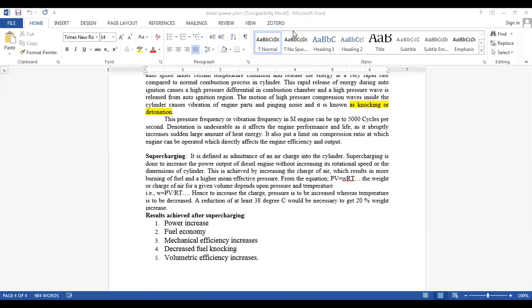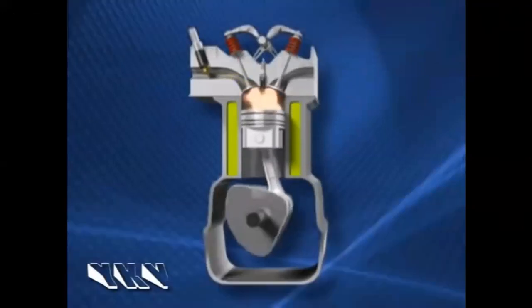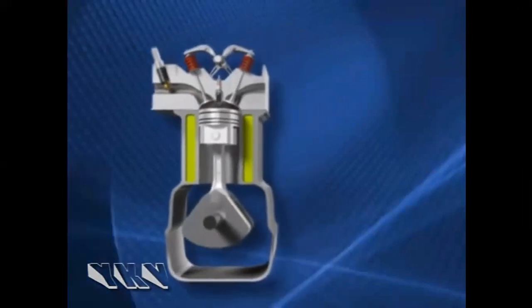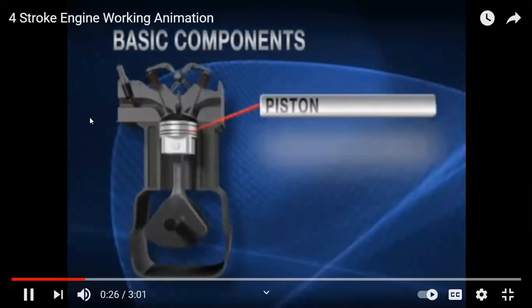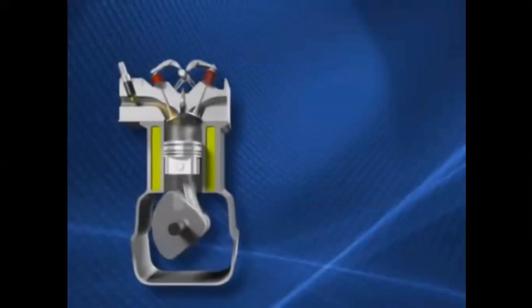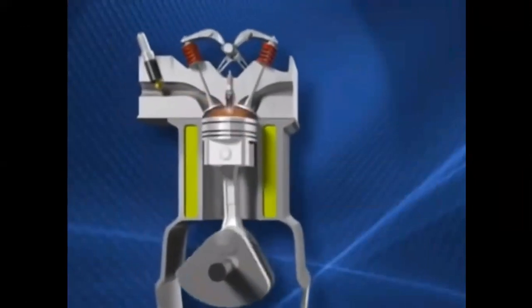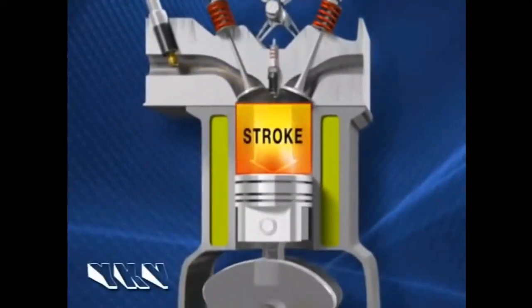Now next is the working of the diesel engine, which includes 2-stroke or 4-stroke engines. Fundamentals of a 4-stroke EFI gas engine may be helpful to your understanding of Mercury products. Here are the basic components of every 4-stroke gas engine: a piston, a connecting rod, a crankshaft. As the piston travels up and down in the cylinder, this linear motion is turned into a rotating motion at the crankshaft. The longer the stroke of the piston, the larger the displacement of gas and air that occurs in the cylinder.